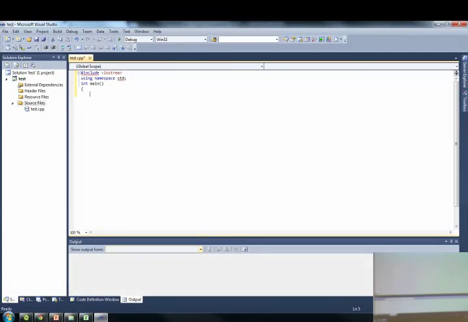Okay, so basically I am now typing in C++ code, and I'll of course give you a problem tomorrow to type in. And after you type in the program,